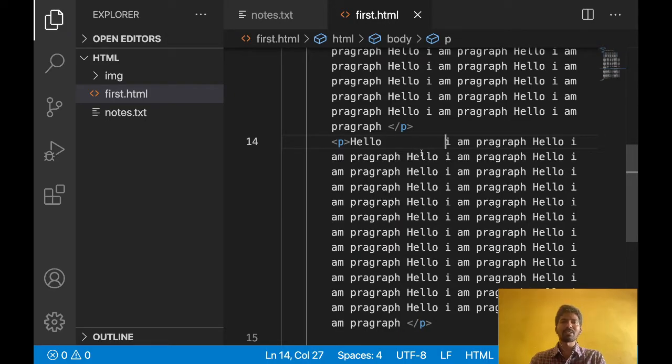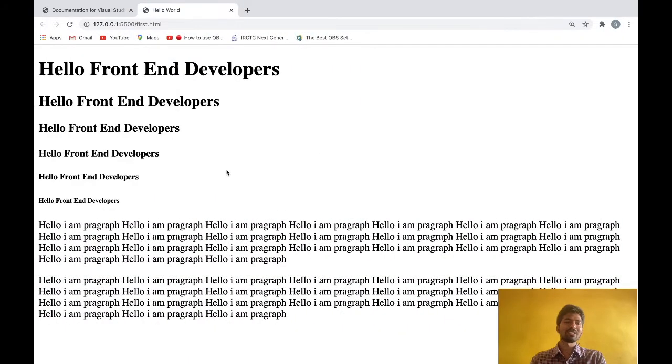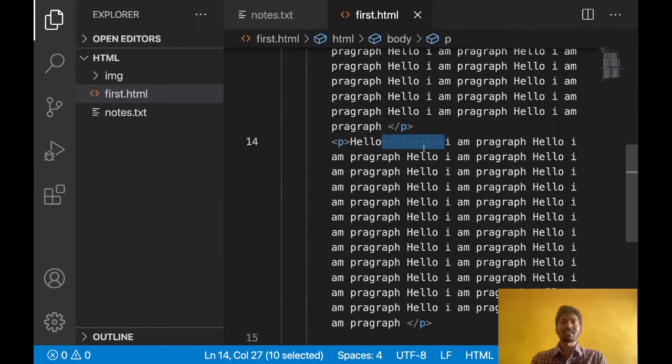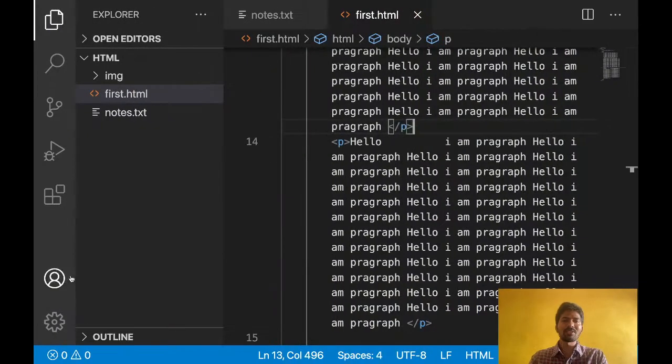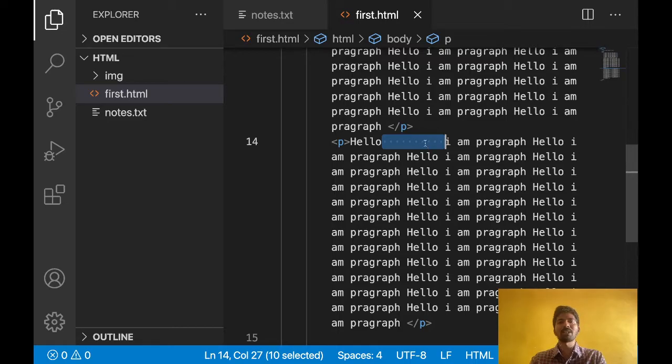Let's save this and see whether this space will come in the browser or not. See, after hello I gave some space, this much space, but that space is not coming to the browser, because the browser will ignore it. If you give one space it will come, but if you give more than one space, the browser will ignore that space.